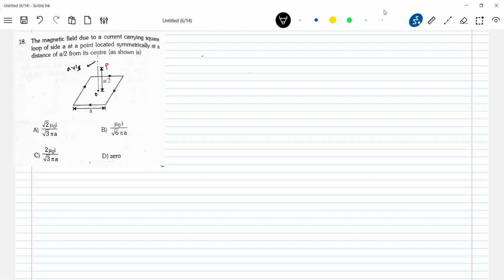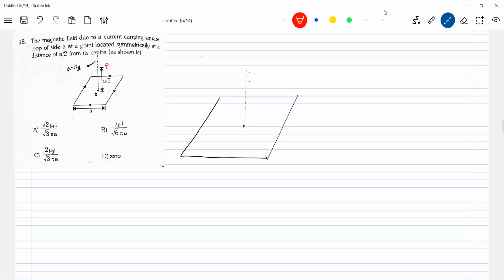So we'll construct this square. So let me take this as A, B, C, D, O. Okay, and this is P. These are distances which are needed for us, and later on we'll draw a plane diagram. Now let me take only AB.